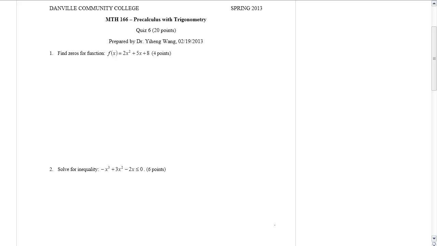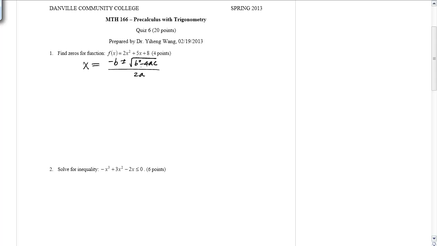Let's look at the first problem to find the zeros for this function. This is a quadratic function, and as I said before, if it's not obvious to you how to factor it, you should just go ahead and use the quadratic formula. So to use the quadratic formula, the zeros equal negative b plus or minus the square root of b squared minus 4ac